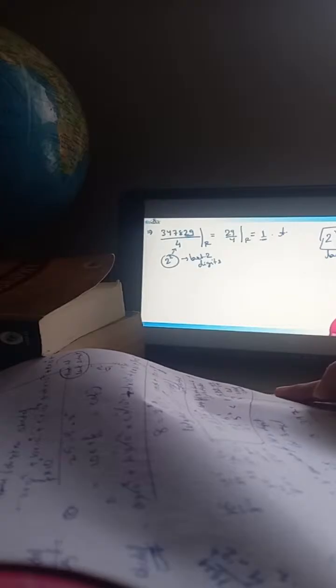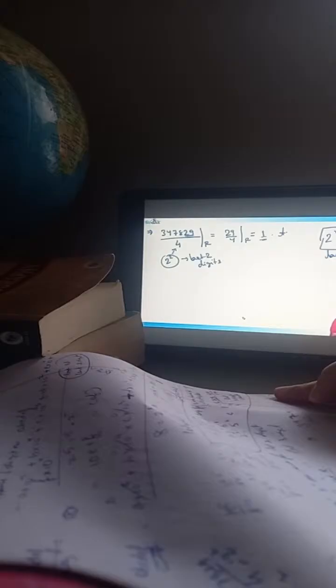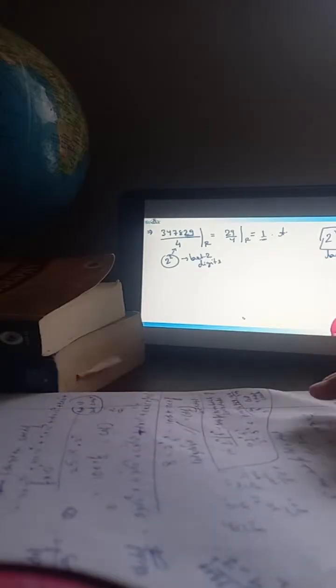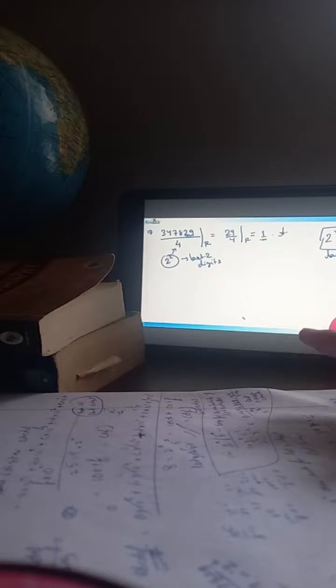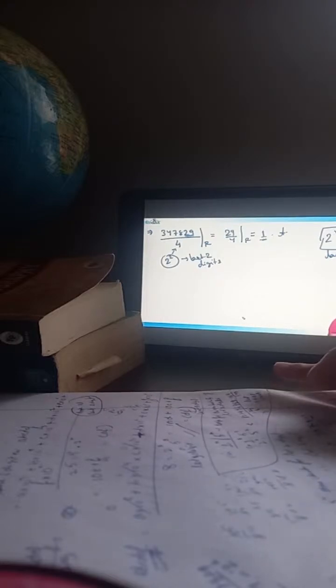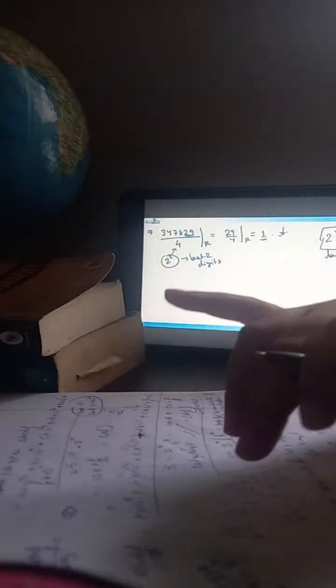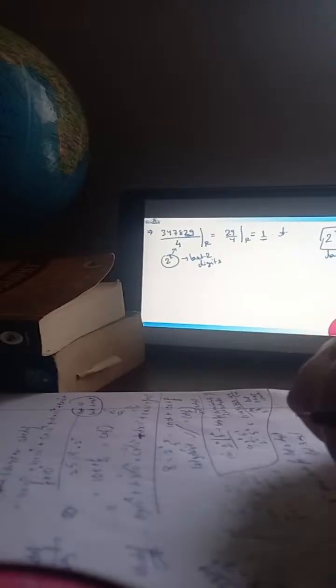Okay. So suppose I am asked whether a number is divisible by 4 or not. What will we do? We will directly calculate the remainder. If the remainder comes out to be 0, it is divisible. Otherwise, we will get the remainder. So whenever asked about divisibility, we simply calculate the remainder. Okay, so this takes care of all the numbers of the form